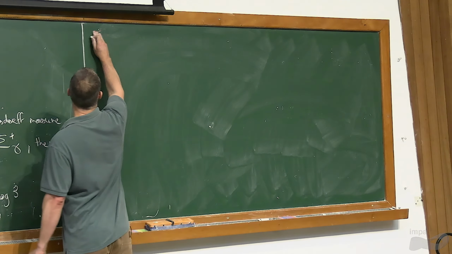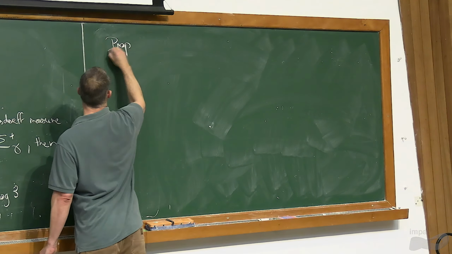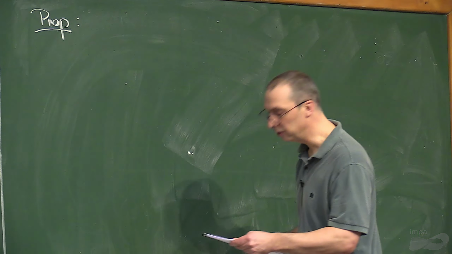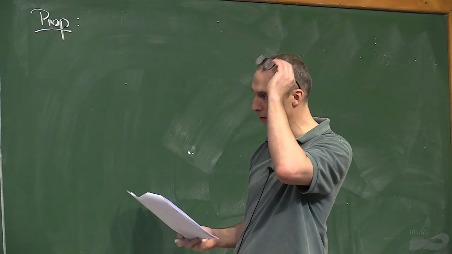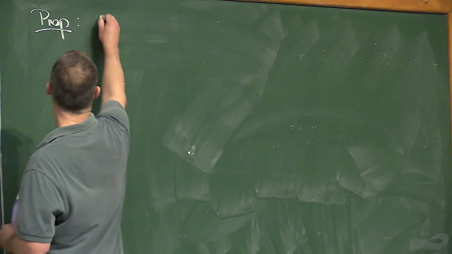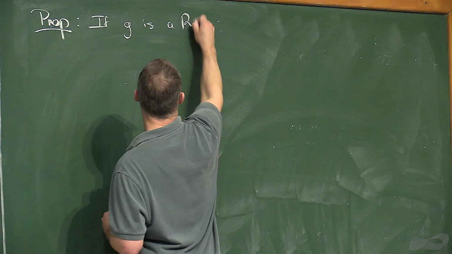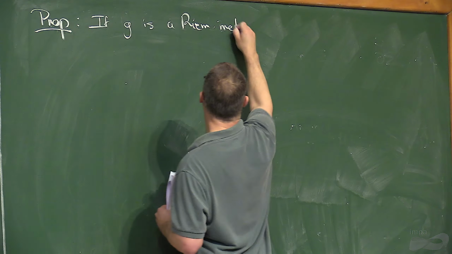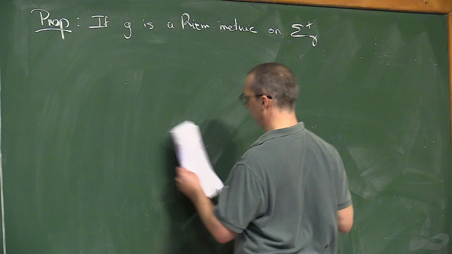So the first is like a proposition, because this is a simple combination of already known results, which says that if g is a Riemannian metric on the orientable closed surface of genus γ,